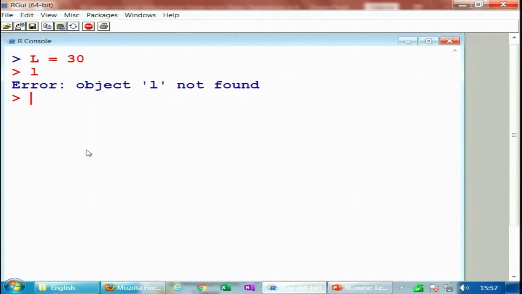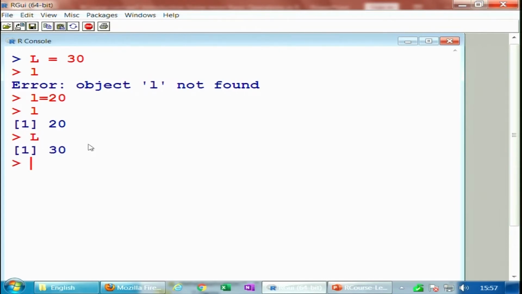Well, I am not taking a small x and capital X, because it may be difficult for you to identify very clearly the difference between small and capital X. So, that is why I have taken L, right. But in case I say here L is equal to 30 or say 20, you can see there is L, and if you press capital L, it will give you this thing,